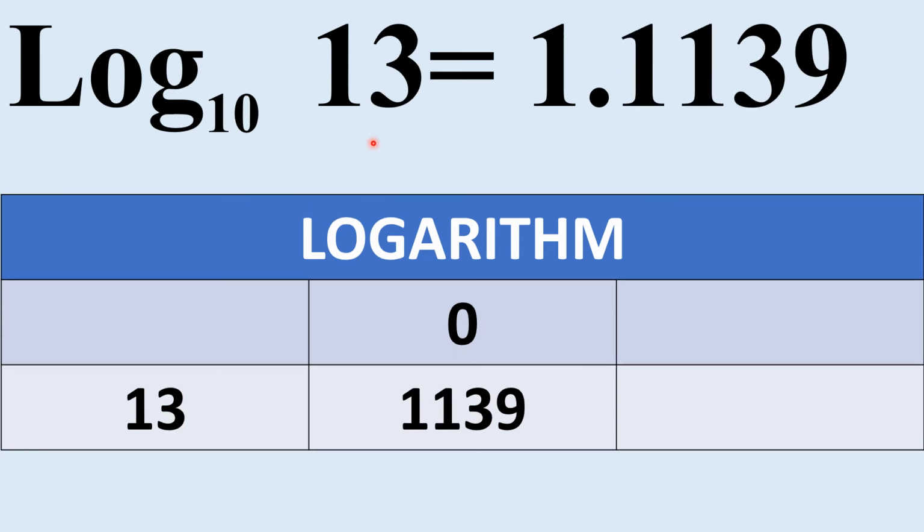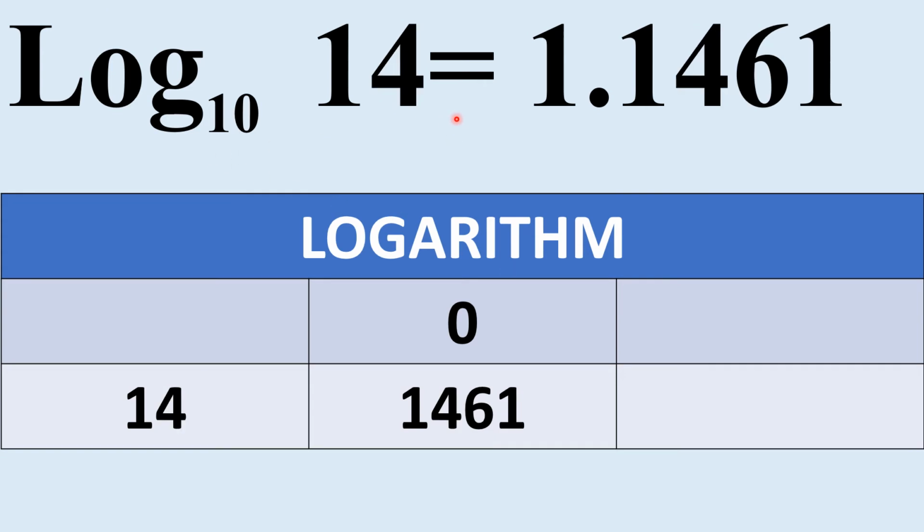Value of log 13 is 1.1139. In 13, before the decimal 2 digits are there. From that 2 you subtract 1. Thus 1 is the characteristic. To write the mantissa, you see the logbook in front of 13 under the column 0. 1139 is there. That 1139 you write after the decimal. Thus value of log 13 is 1.1139.